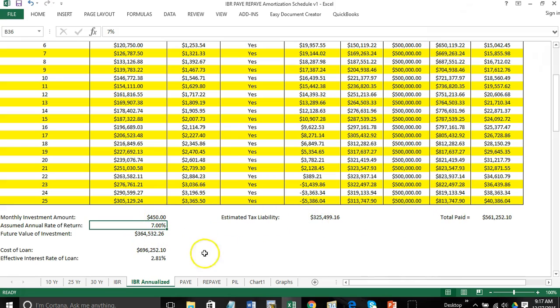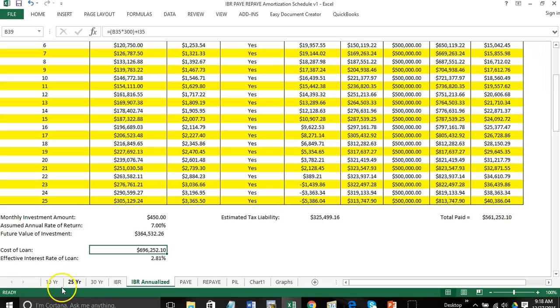So what I'm saying in this field is what the cost of the loan is based on two variables. So how much you pay over the 25-year repayment period based on your income, and in this example, I'm assuming these income amounts, $561,000, plus how much you invested over the course of 25 years of $450, assuming a 7% return. So the total cost of this loan comes out to about $700,000, or an effective rate of about